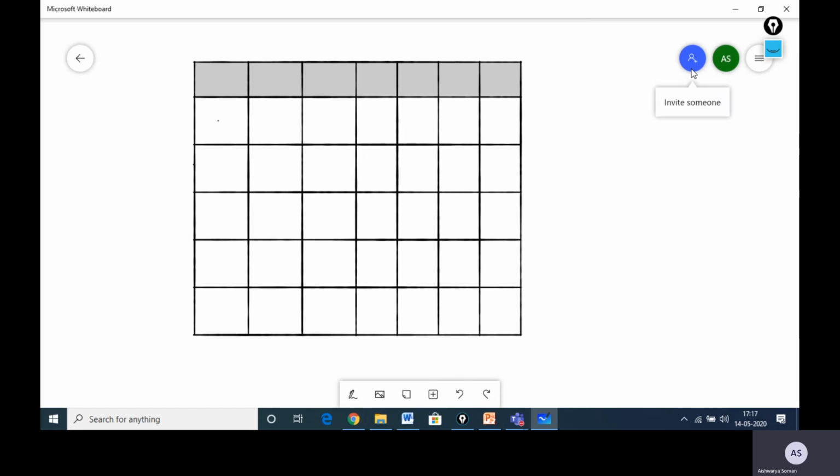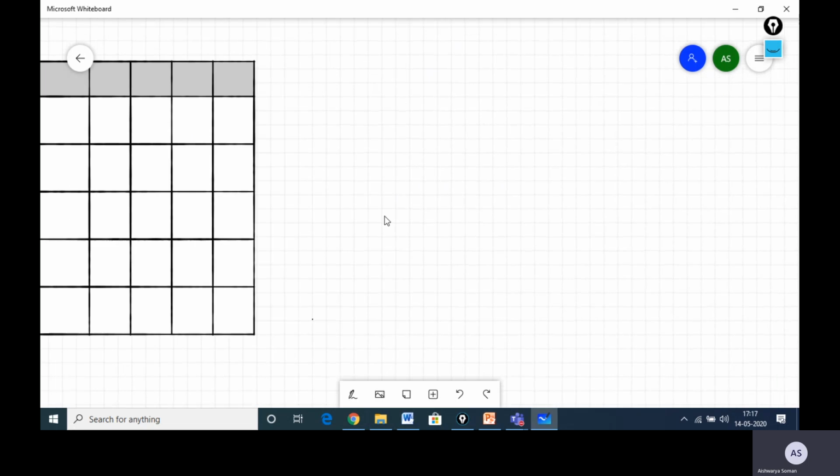You click on that, you can selectively invite one or two or a group of students into this whiteboard, and they can also do the activities that you're asking them to do using the pen tool and all that. So you can just think what you can do with these tables, whether you can have match the following and any other activities that you want to do, you can make them do along with you, and collaborate with the students. The next thing is, how do we add images?